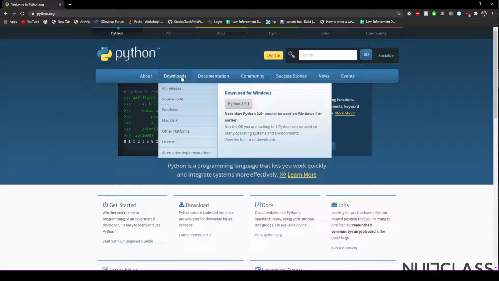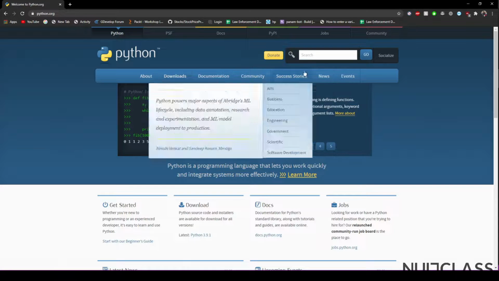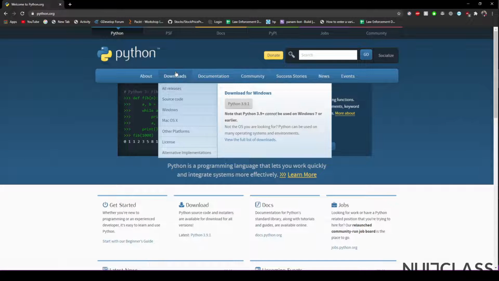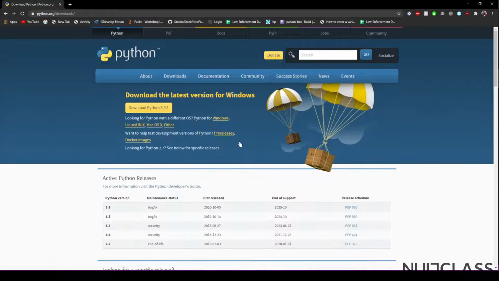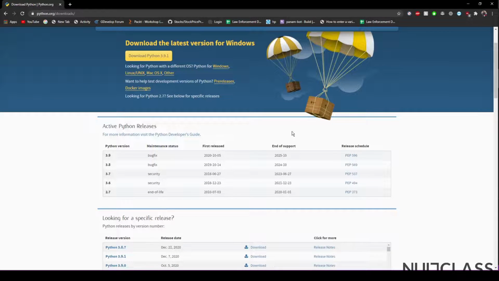So to download Python, I'll just select this download option in this blue bar, and here I'll select view the full list of downloads. It contains a list of the latest Python versions along with their release date and their end of support date.